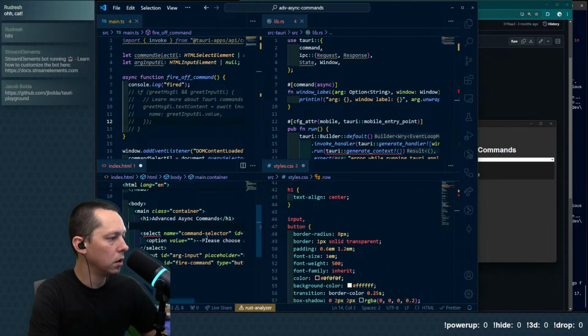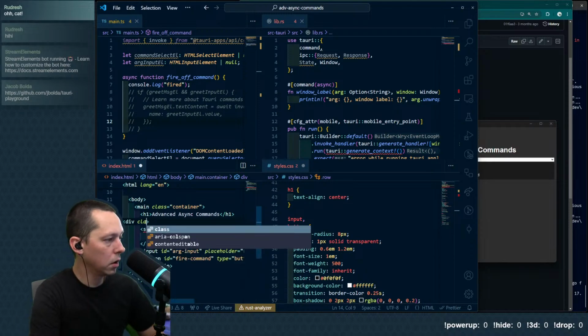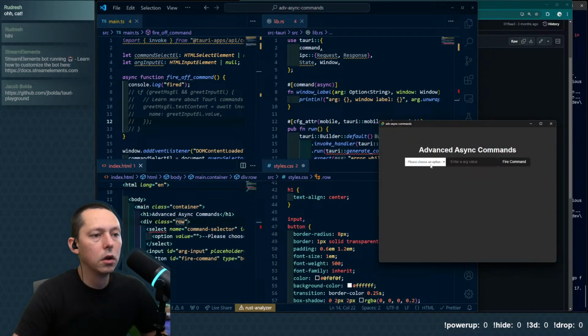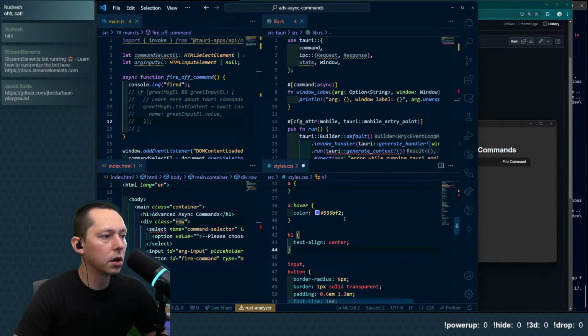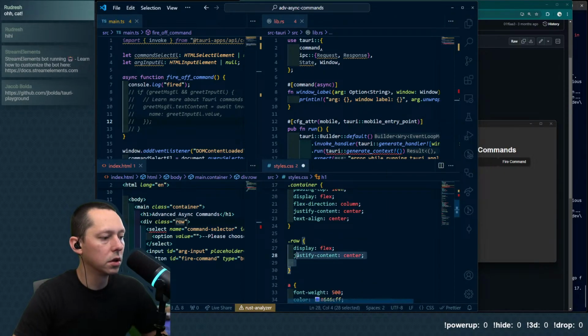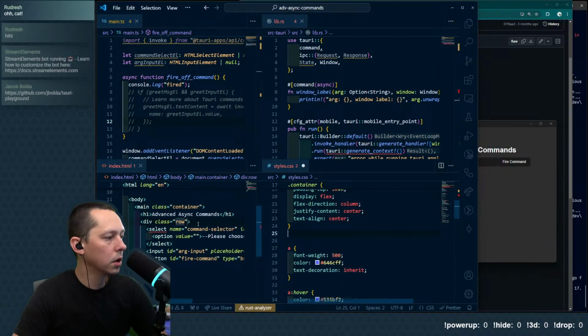We'll say div and class equals row. That is not what I was expecting. Oh, it flexes in the other direction. Okay, that's not actually what I want. We're going to get rid of that just so I don't use it again.